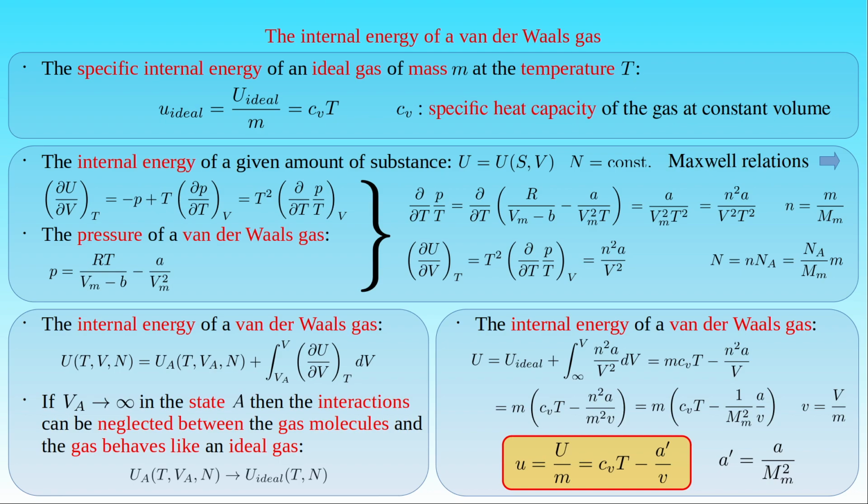This expression shows that the internal energy of a van der Waals gas or a real gas depends both on the temperature and the volume of the gas. We also note that if the volume of the van der Waals gas tends to infinity, then the second term vanishes and the internal energy of the gas reduces to the internal energy of an ideal gas which does not depend on volume. As we can see, the internal energy of a van der Waals gas is given by the sum of the internal energy of an ideal gas depending on the temperature of the gas, and a second term depending on the